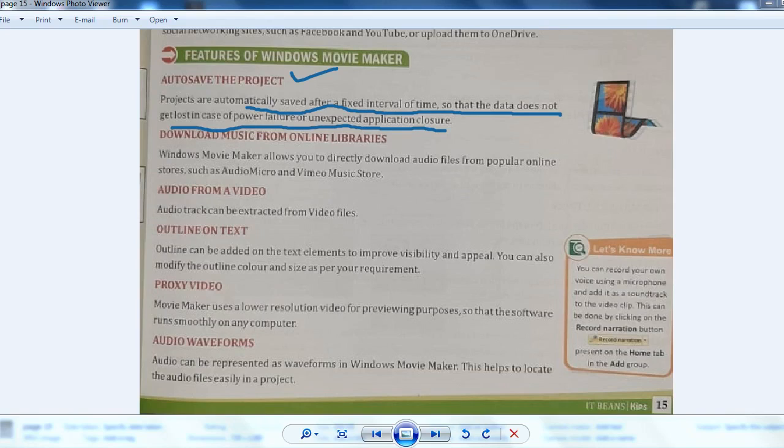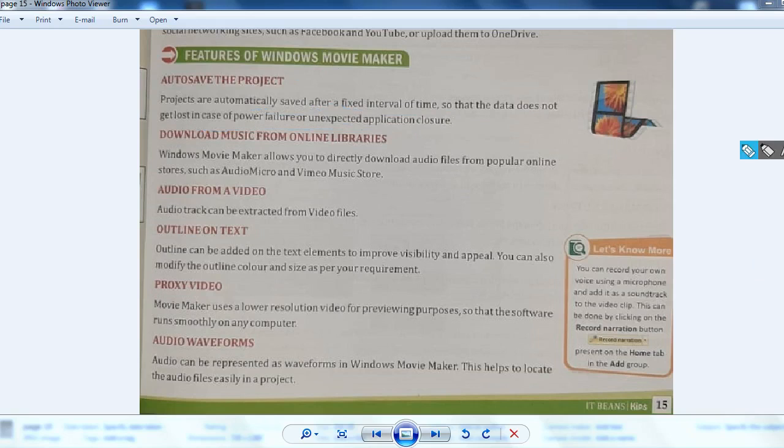Your data will be lost. Whatever you have edited, all your work will be lost. So in that case, it has an auto save property. Auto save the project means it will save up to that much of work, and no data will be lost, right?